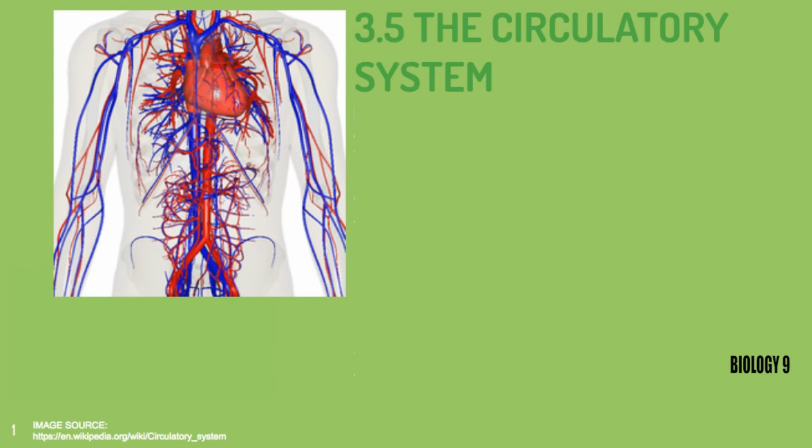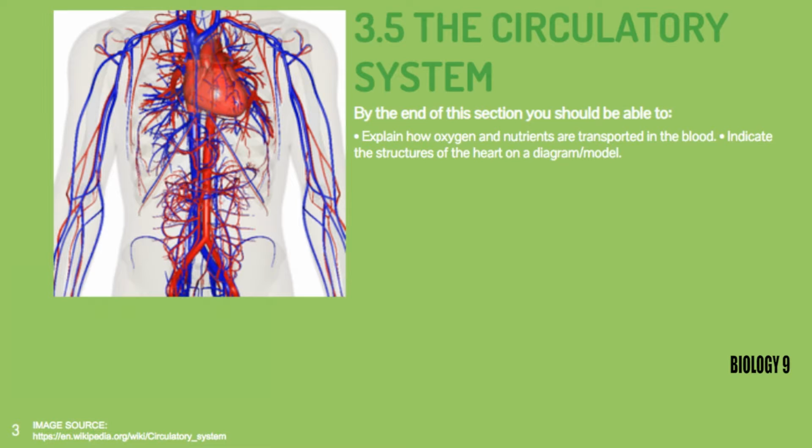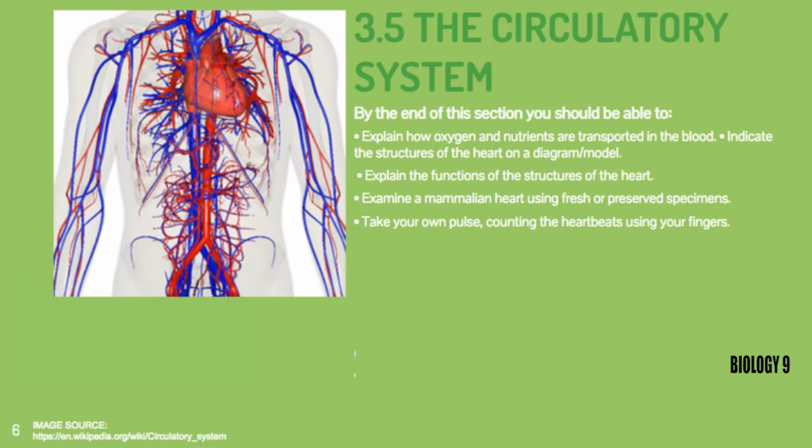Chapter 3.5, the circulatory system. By the end of this chapter, you should be able to explain how oxygen and nutrients are transported in the blood, indicate the structures of the heart on a diagram or model, explain the functions of the structures of the heart, examine a mammalian heart using fresh or preserved specimens, take your own pulse, counting the heartbeats using your fingers,